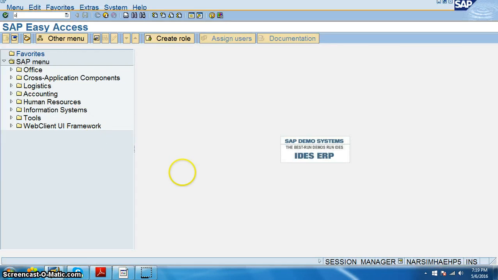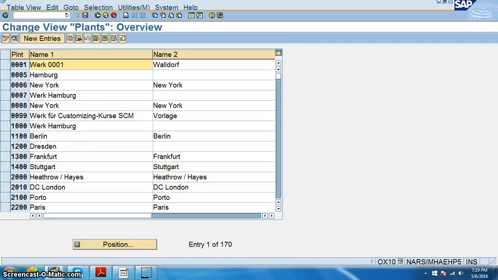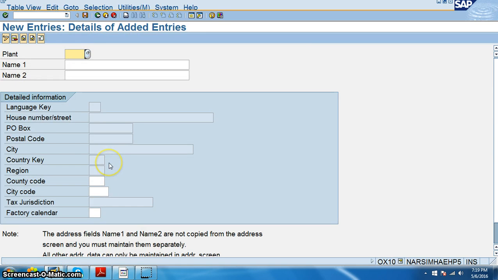For that we have to go to OX10 transaction, and we just need to click on create. VPRO process Hyderabad plant, and then we have country code as India. We can select it from the drop down.